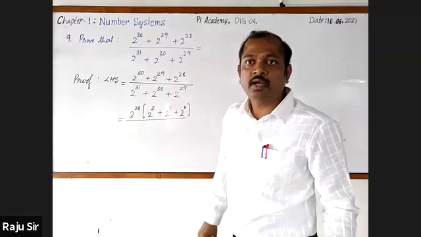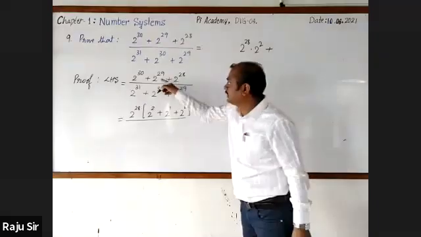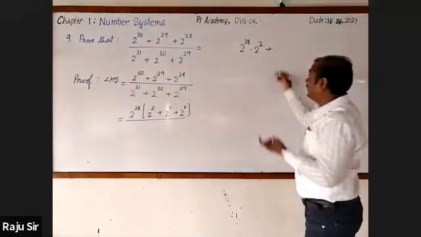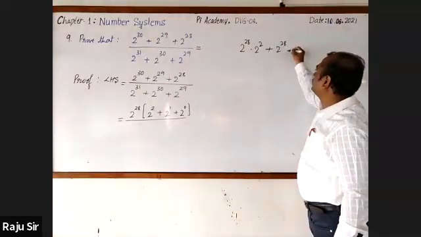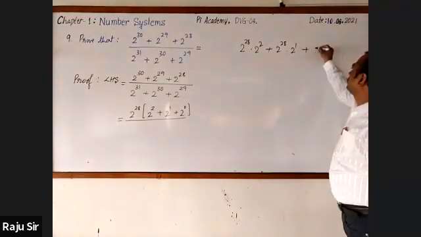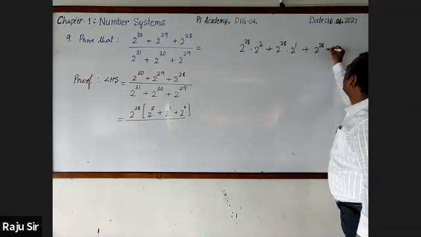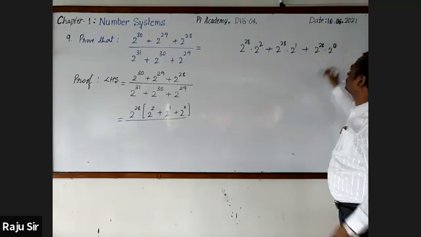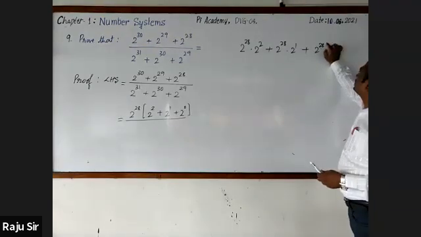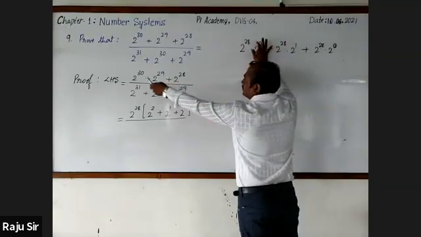Then simply you are copying. First you have to understand this. Plus 2 raised to the power 29 as 2 raised to the power 28 into 2 raised to the power 1. Plus here 2 raised to the power 28 into 2 raised to the power 0. Your powers are added, what? 28 plus 0, 28. 28 plus 1, 29. 28 plus 2, 30.